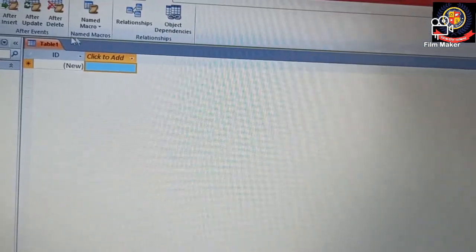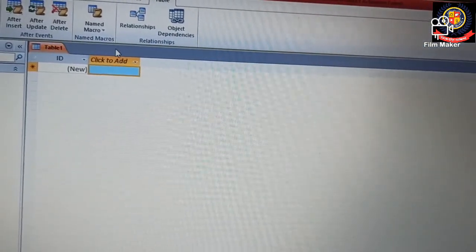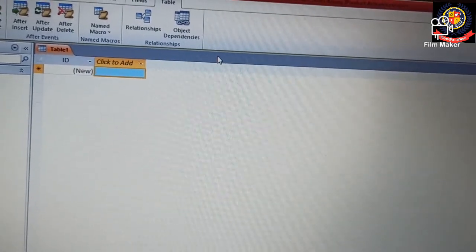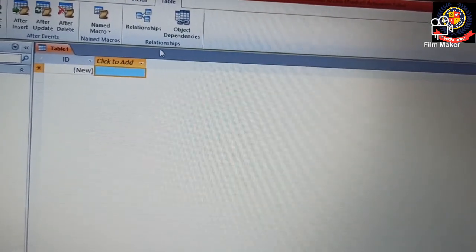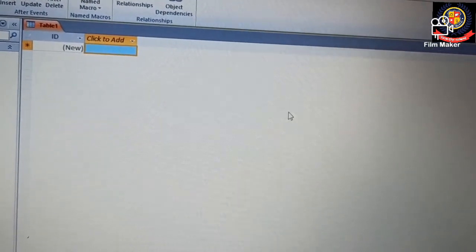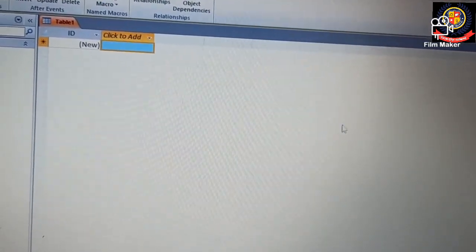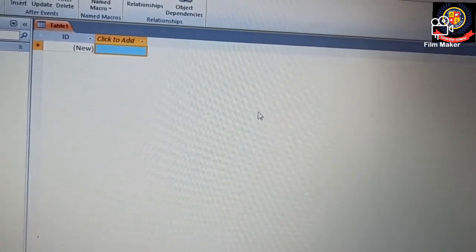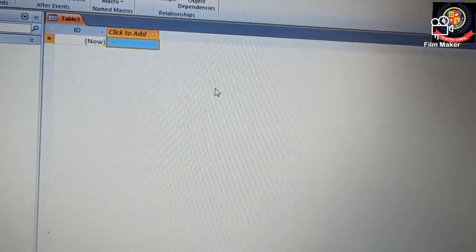Okay, and this row where Table 1 is appearing, what is this called? This is the document tab bar, as it shows the number of tabs open. Okay, so this blank space where we're creating the table, this is called the object window, which means here we're going to create the tables in our MS Access.